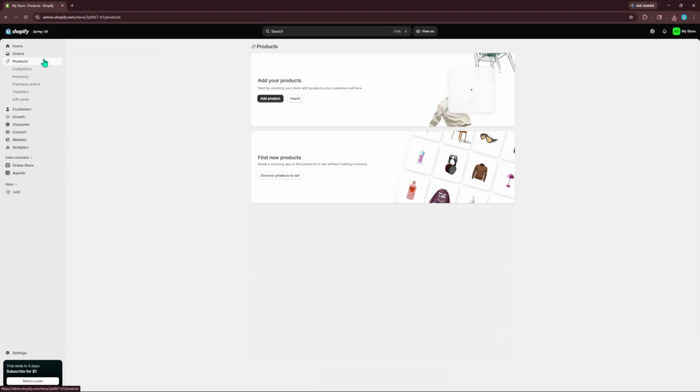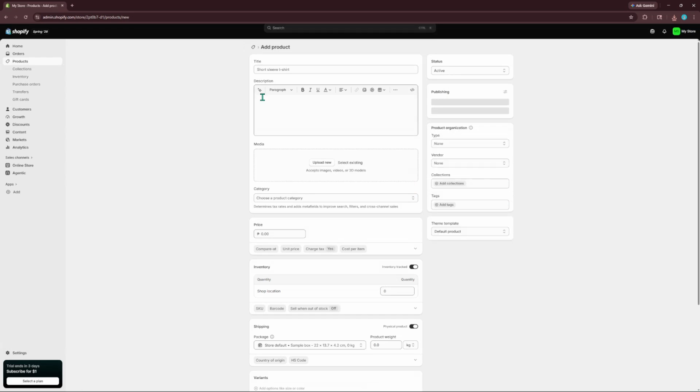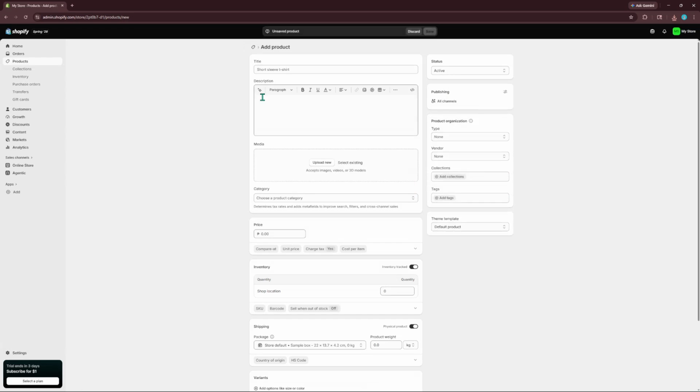Now, with the Products section open, you'll notice a button labeled Add Product. This is the gateway to listing new items in your store, so go ahead and click on that button. This is where you'll start creating a new listing specifically for your print-on-demand hats. Once you've clicked Add Product, you'll be taken to a new page where you can start filling in the details